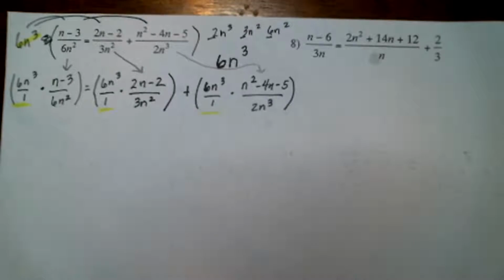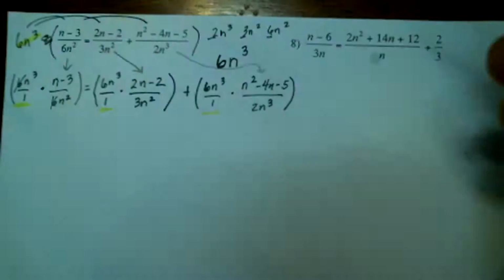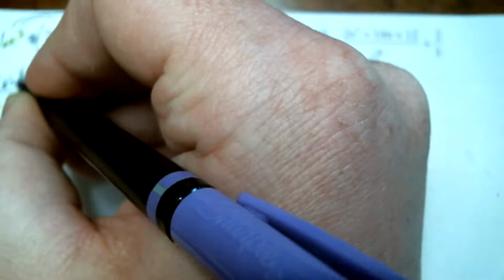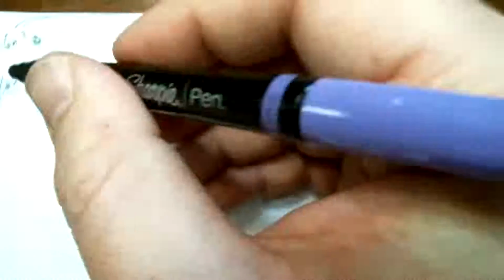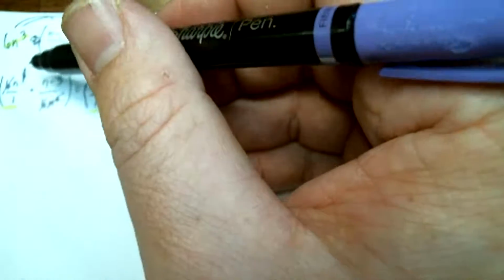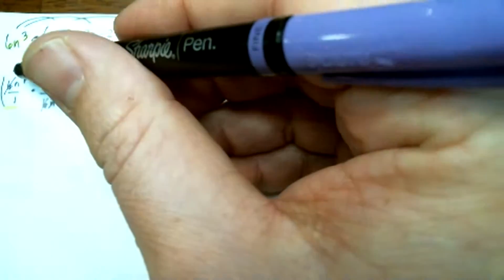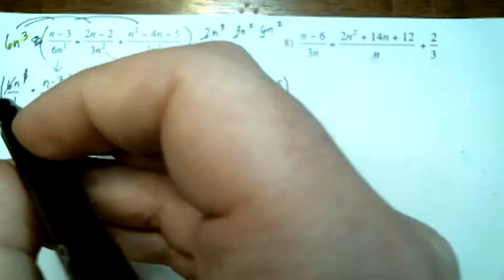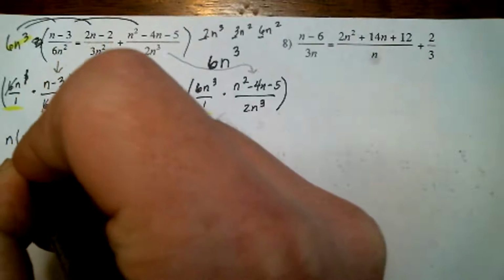All right. So from there, let's start to cancel. So I know the 6 right here cancels with this 6. The n squared will cancel with 2 of the n's. Which leaves, just think, if you had n cubed and n squared, there's 2 n's on the bottom, 3 n's on top. You can cancel 2 of them. So that would leave 1 n right here. So then that leaves me with n times n minus 3